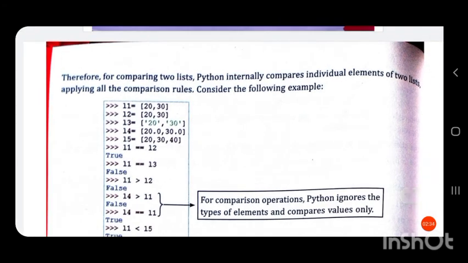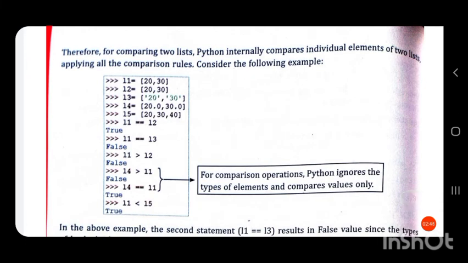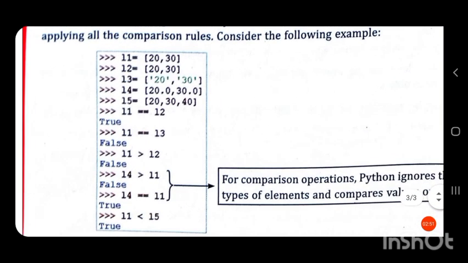For comparing two lists, Python internally compares individual elements of the two lists, applying all the comparison rules. Consider the following example. L1 is a list containing two elements 20, 30. L2 is another list containing elements 20, 30.